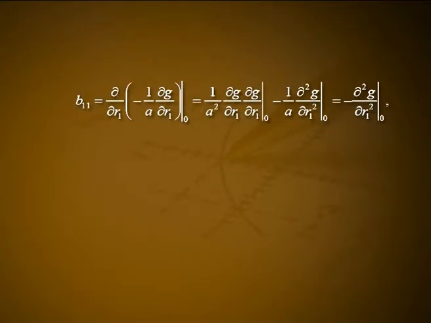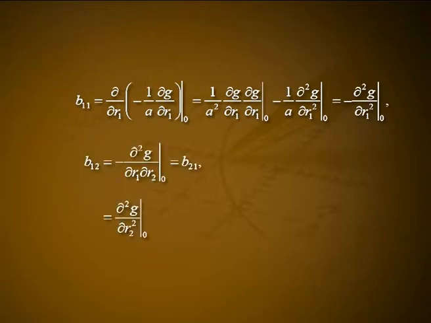Thus, b11 is equal to dou by dou r1 of (minus 1 by a dou g by dou r1) at 0, which is equal to 1 by a squared dou g by dou r1 times dou g by dou r1 at 0 minus 1 by a dou squared g by dou r1 squared at 0, which is equal to minus dou squared g by dou r1 squared at 0. And similarly, b12 is equal to minus dou squared g by dou r1 dou r2 at 0, which is equal to b21, and b22 is equal to minus dou squared g by dou r2 squared at 0. That is,